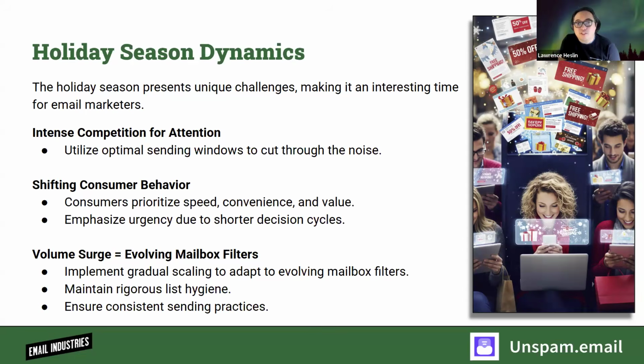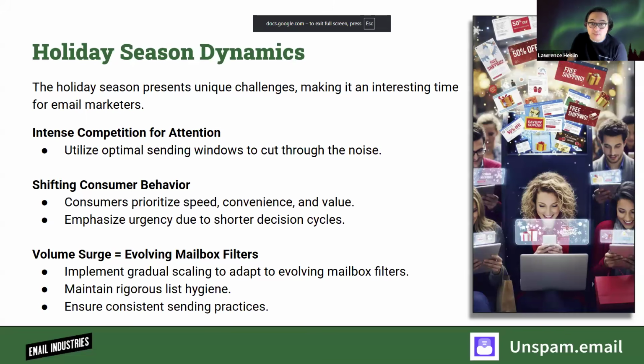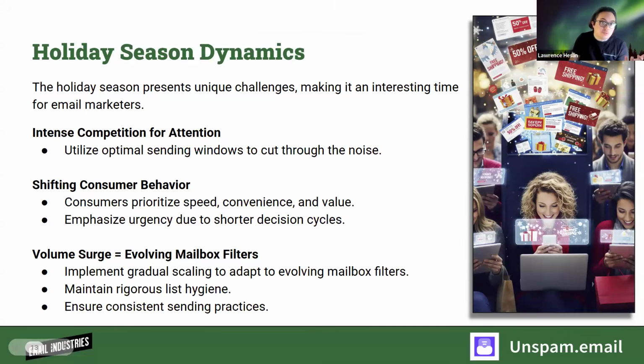In this period, we have the shifting of consumer behavior. Consumers are prioritizing speed and convenience and value and having meaningful experiences. So you want to be focusing in with your messaging for shorter decision cycles. People are trying to buy faster. They're going to respond strongly to urgency and scarcity and gift and social proof behaviors. So focus in on having shorter sales cycles. This is especially in this time of year, travel, dining, and gifting behavior spikes create opportunities for potentially seasonal relevant messaging.